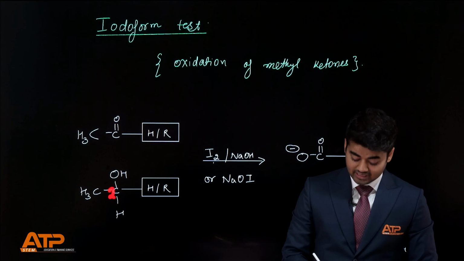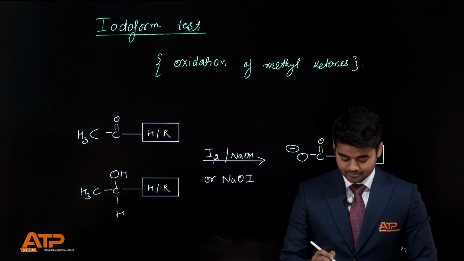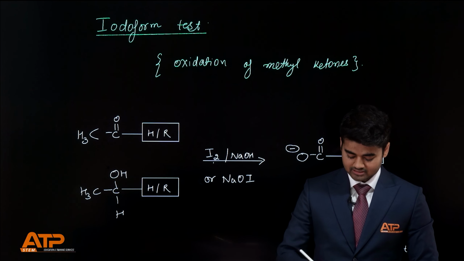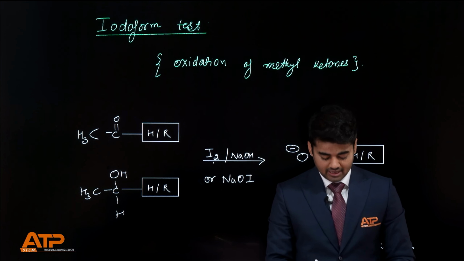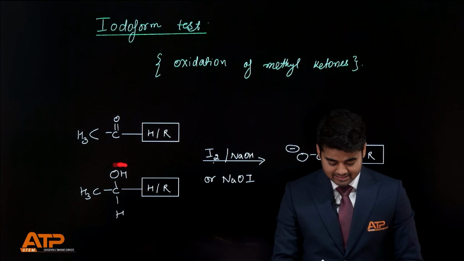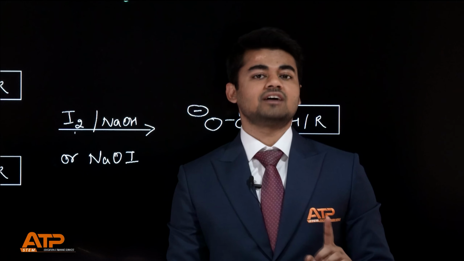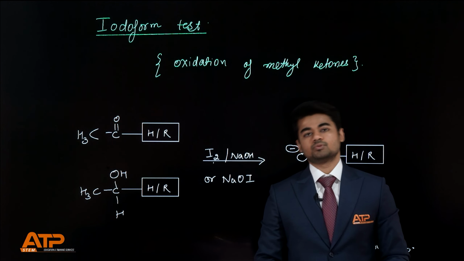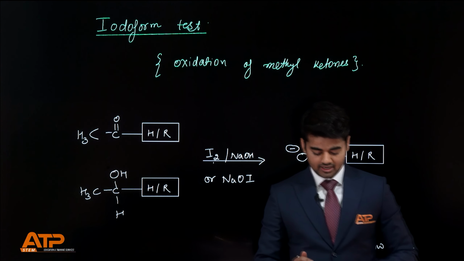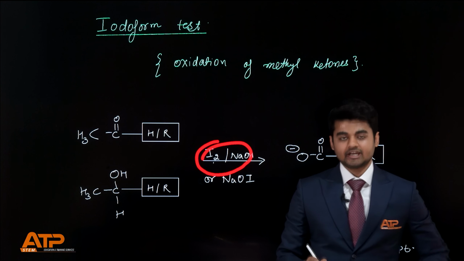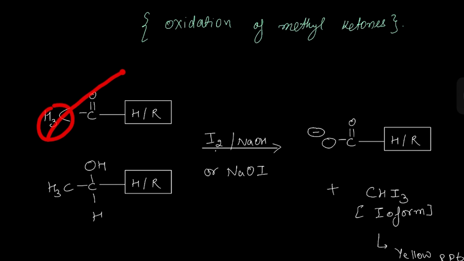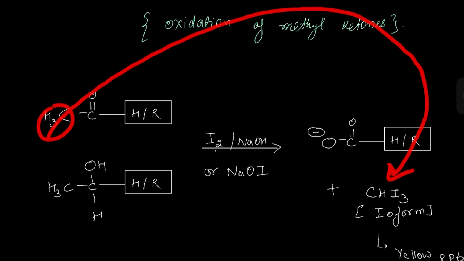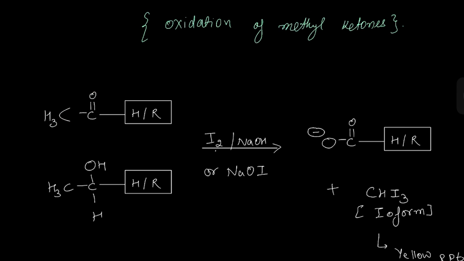Okay, same, we can have a 2-degree alcohol type system, 2 degree or 1 degree, depending on what is the R and what is the H we have taken. But look at this template. If this template is present, and in the box you should have either hydrogen or alkyl group, then iodoform test is given as positive, right? So again, what is the test? We add I2 and NaOH. From this methyl we get this iodoform CHI3. CHI3 iodoform is a yellow precipitate.